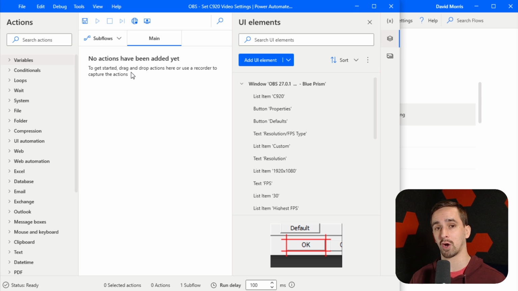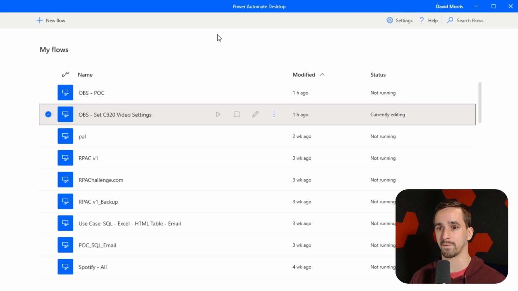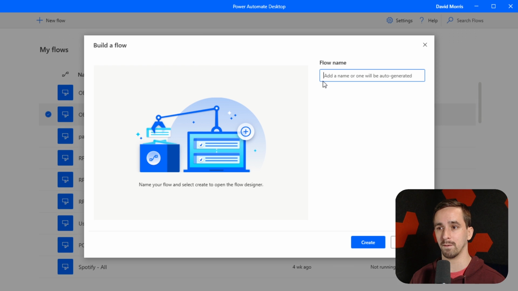And this one is going to call this other desktop flow that we're about to make. So I'm going to just put that to the background for a second. We're going to create a new flow. For searching's sake, I'm going to also prepend that one with the letters OBS. But in this case, I'm going to put the word action, to tell it this is a reusable action that I'm building. I've got a custom library for myself to reuse anytime I want to work with slider control in OBS. So we're going to call this action